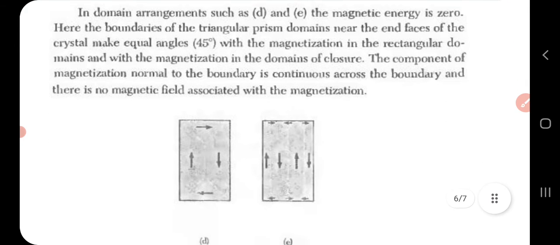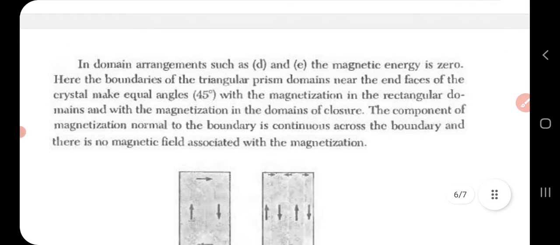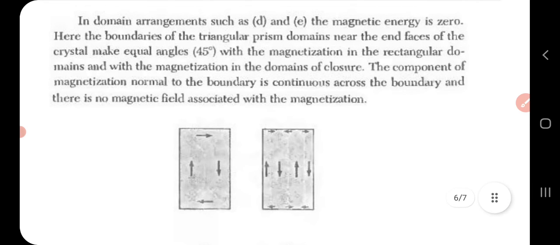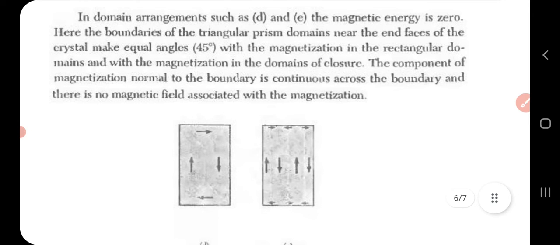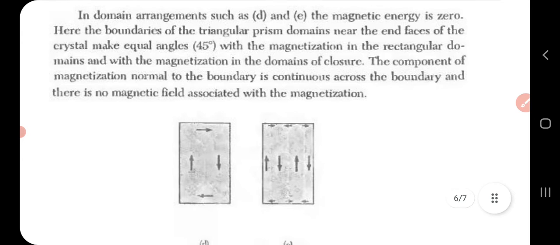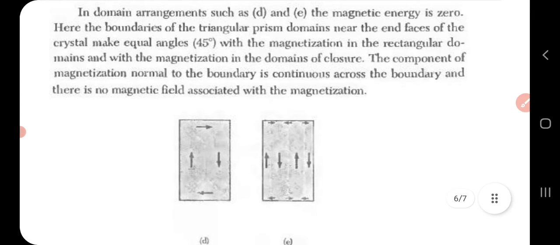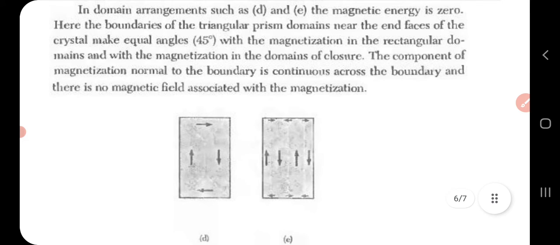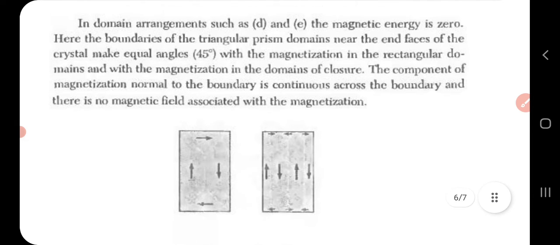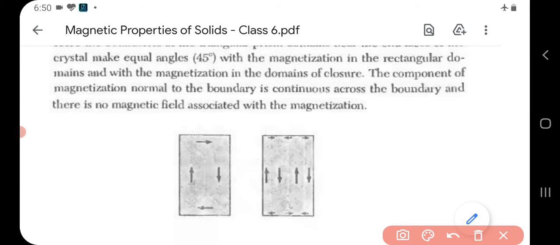Now again you have got two more figures, figure D and E. In the domain arrangement in figure D and E, magnetic energy is 0 because in these two cases boundaries of triangular prism domains near the end faces of the crystal make an angle 45 degree with the magnetization in the rectangle domain and the magnetization in the domains of closure. The component of magnetization normal to the boundary is continuous across the boundary and there is no magnetic field associated with the magnetization. So here what you have to write is just draw these two figures and write as per